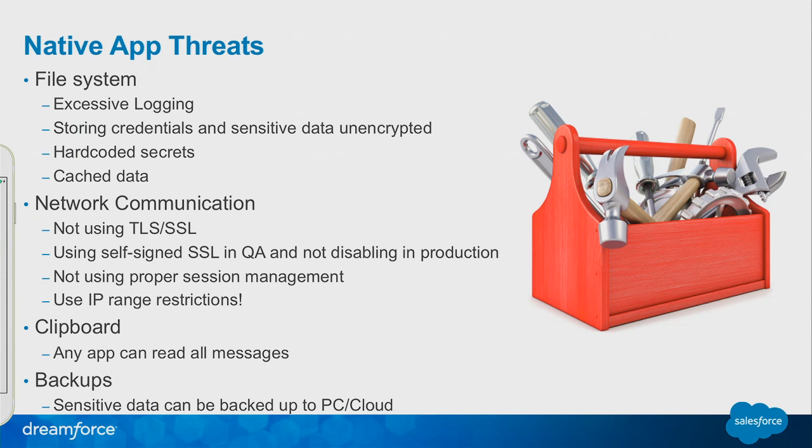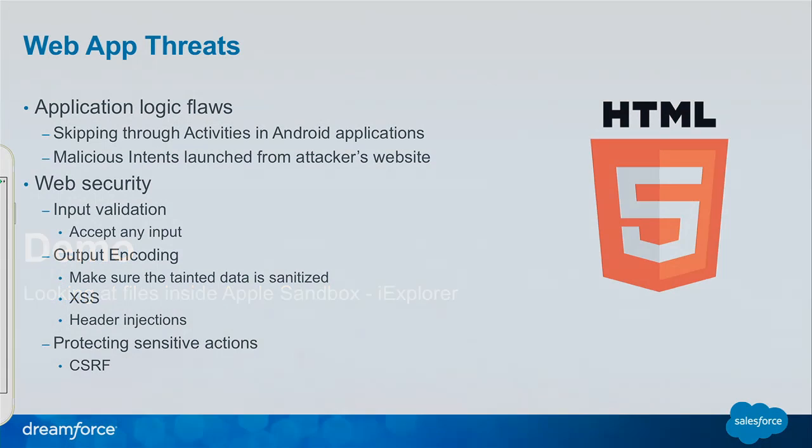We talked about the native app threats, and we did this slide already. So once we've talked about the native ones, let's focus on the web app threats, which happen when we use one of those frameworks. As we mentioned before, now we need to consider all the native threats plus the ones that apply to web. And those include things like, as I mentioned before, application logic flaws, where you can maybe bypass a PIN screen,